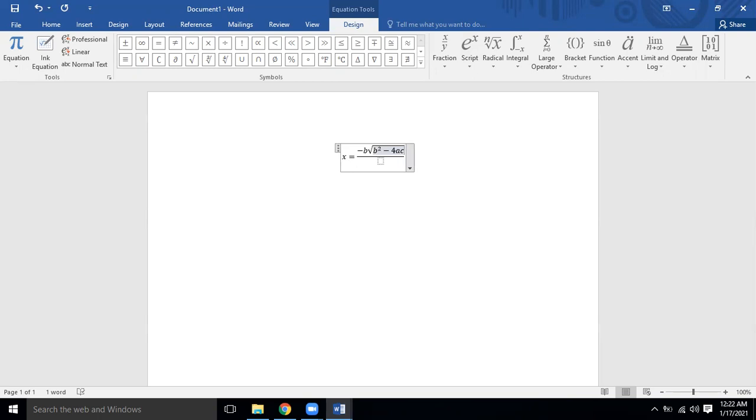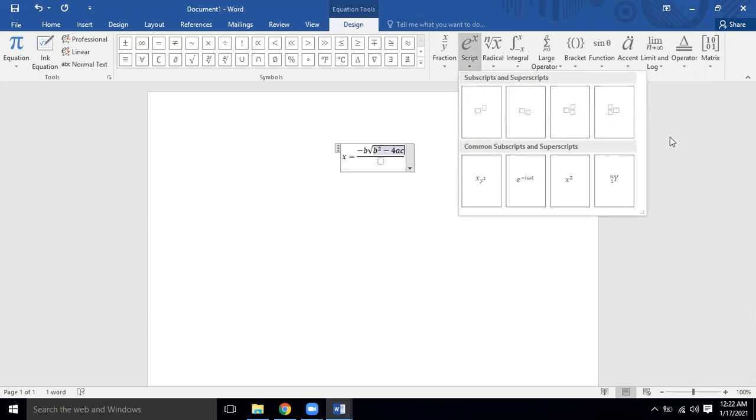For b square, I applied this script option first and then typed the b square. If I type b first and then go there, I will not be able to do this. First I have to insert this option, then in the large box type the b, and in the small box type whatever the power is.